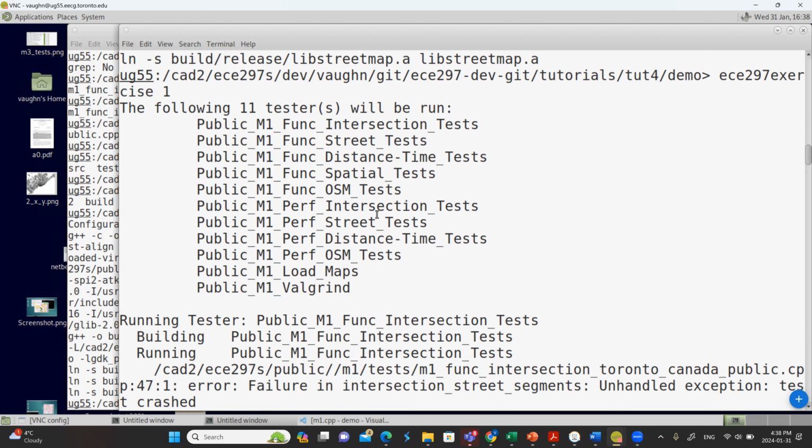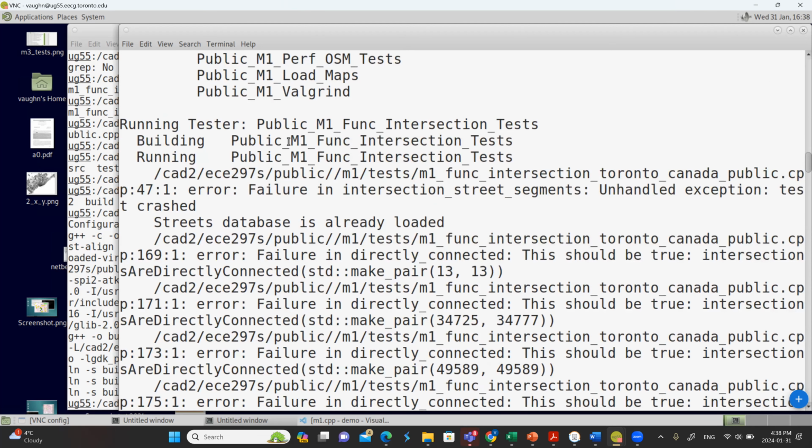Okay, so we've grouped our tests into a bunch of different test suites. And the first one is testing the functionality of intersection-related functions. That's actually where the one function that I've written is going to be called. Okay, so I already know that. If I didn't know that, I could go look at the source code of our tests, which we tell you where they are in the milestone 1 handout. And this is actually telling you where it is too. So this is exactly where our tests are.